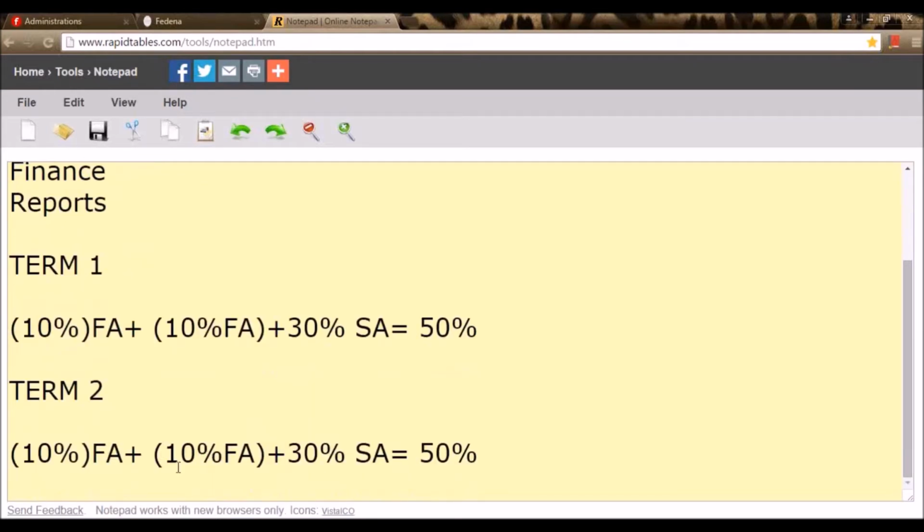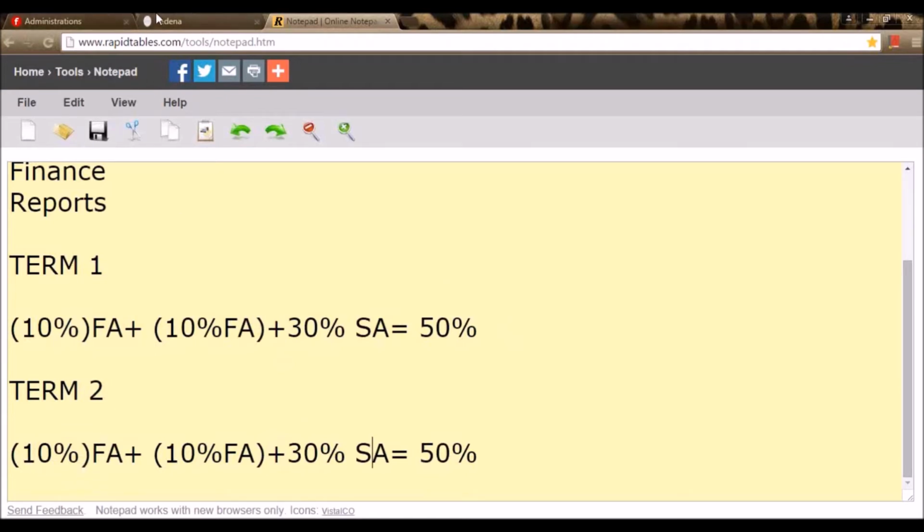We will be creating FAs, we will be creating SAs, and we will give weightage for each. So we will be creating FAs and give a weightage of 10 each, and we will create SAs with a weightage of 30. Right now for this particular term 1, it will have a total weightage of 50, and for term 2, the total weightage of 50. For this academic year, the total percentage to be 100 will be calculated based on this particular weightage criteria.